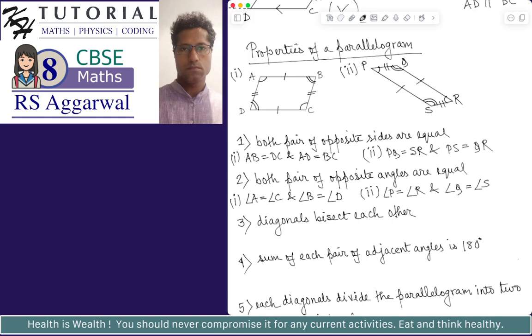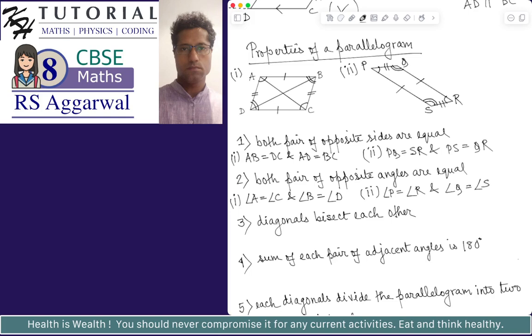The third property says diagonals bisect each other. We know that in a quadrilateral we have 2 diagonals. So similarly in a parallelogram also we will have 2 diagonals. So for figure 1, it says that the diagonals bisect each other. Let's draw the 2 diagonals of figure 1. So AC will be one diagonal because A and C are a pair of opposite vertices. We know that a diagonal in a quadrilateral is the line segment that joins a pair of opposite vertices. Similarly, DB or BD is the other